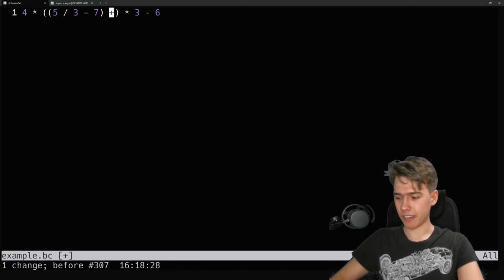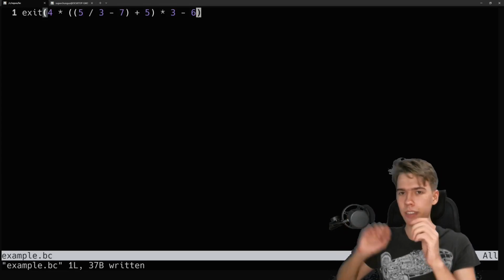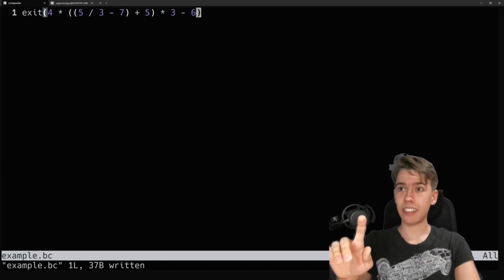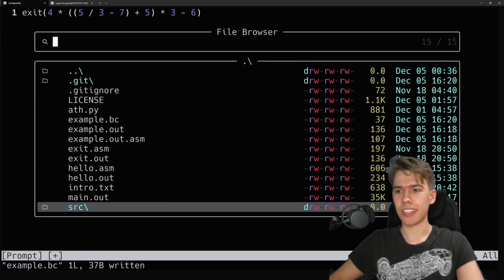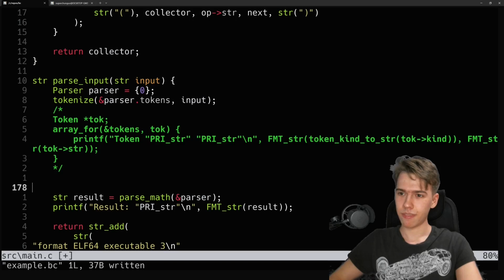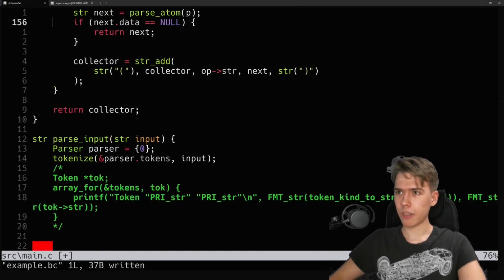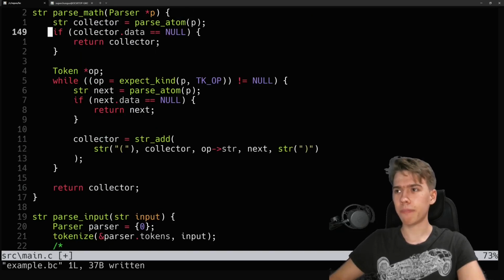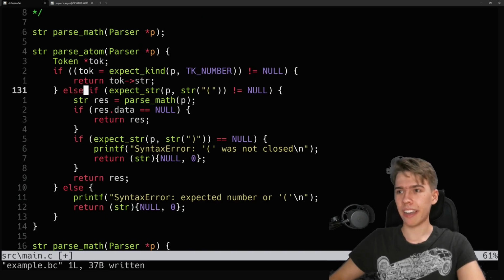For now, it also would be nice to parse the exit that we had previously. So previously, our syntax was something like exit, and then at the end we essentially, oh my bad. So we had the syntax of exit, and we wrapped the whole expression in this call. So let's ensure this syntax as well, so whatever worked before will work now. So we will have no regressions. Well, essentially, it's all the same. We just expect a string and then expect those two things. So I can copy this code